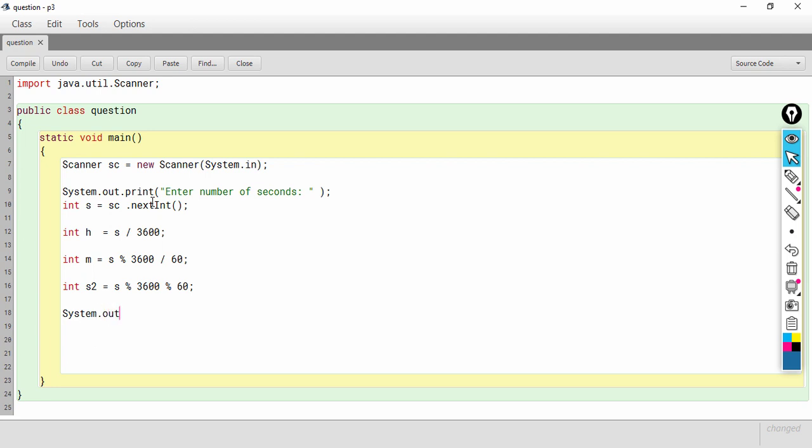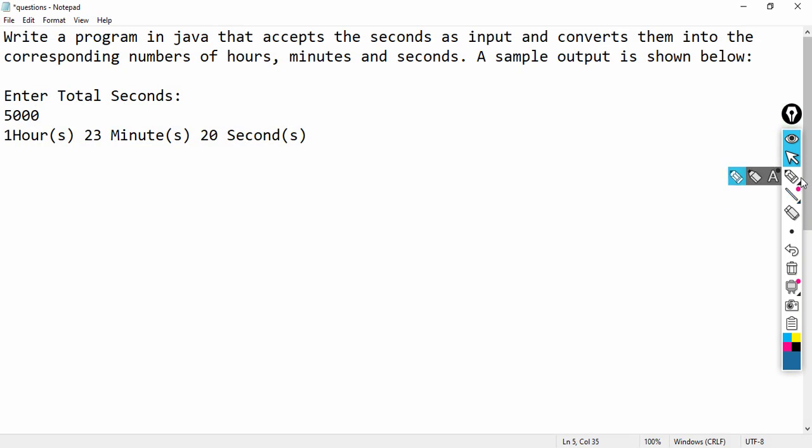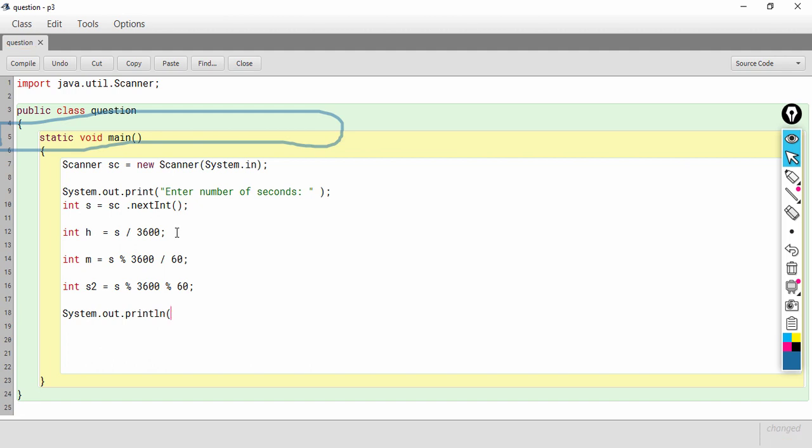So, System.out.println, so this is our required format. First we need to print the hours. I will write h here because hours is stored into h variable, plus hours, then plus minutes is stored in m.